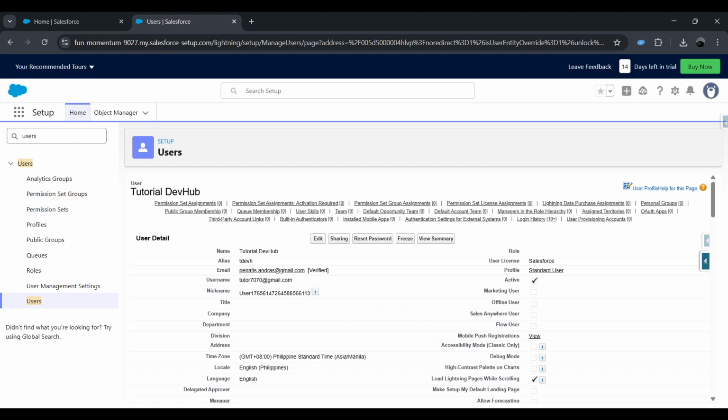And that's it, you've successfully unlocked the user account in Salesforce. The user can now attempt to log in again, and they should regain full access to their account and all